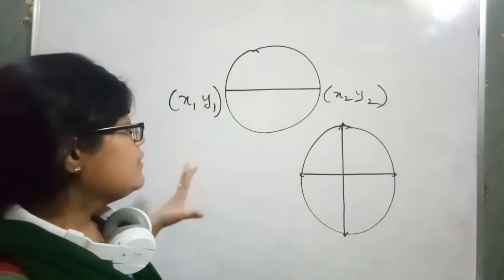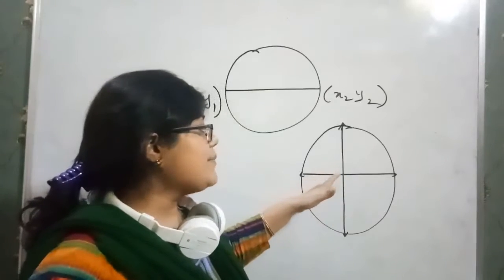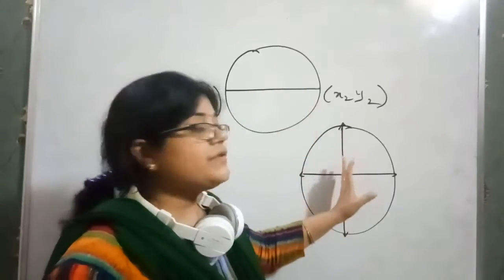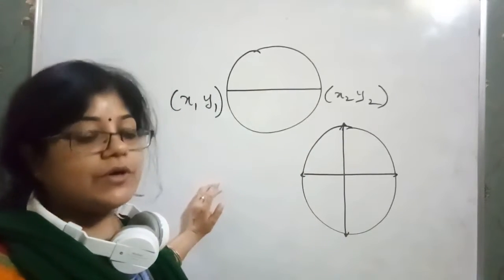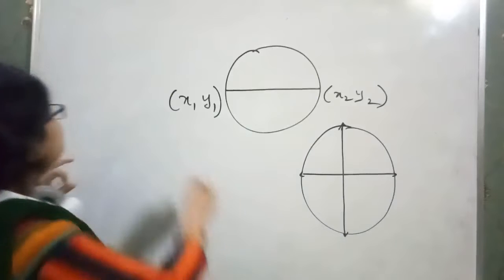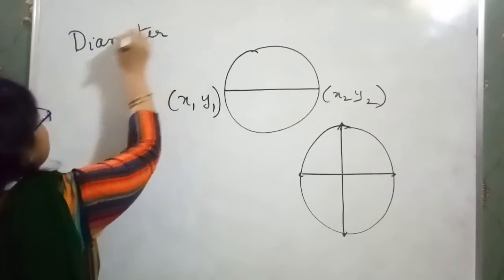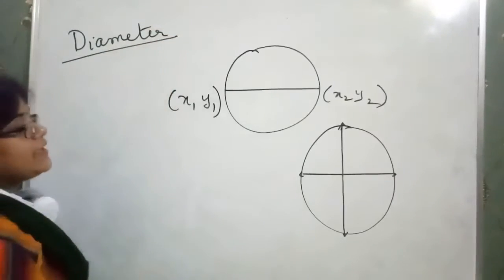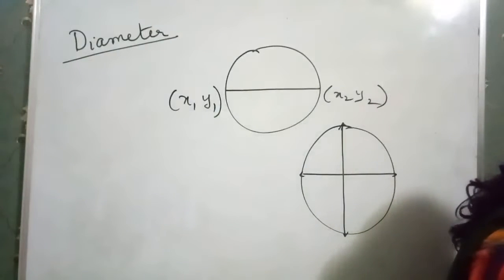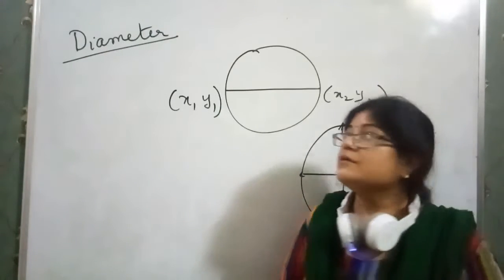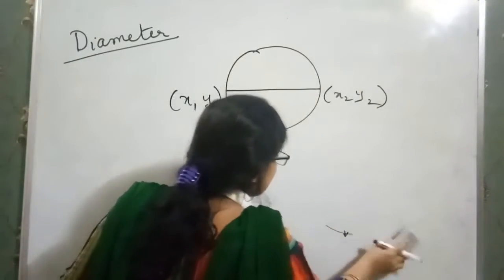And one more thing, for example, if 2 lines of the diameter are given and the circumference of the circle is given, then find the equation of the circle. So 2 or 3 more concepts I am going to explain in this topic, related to when the diameter is given and we have to find the equation of the circle. I always take it step by step so that you don't have any confusion between any terms.